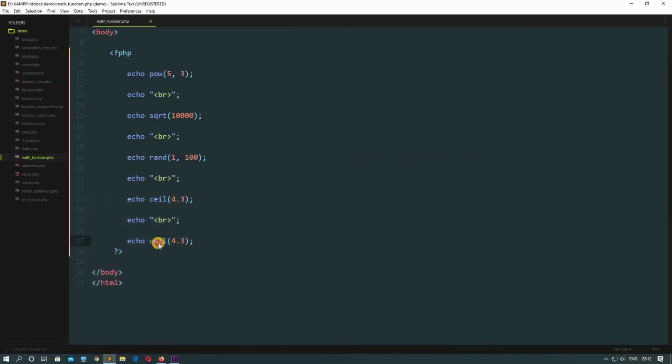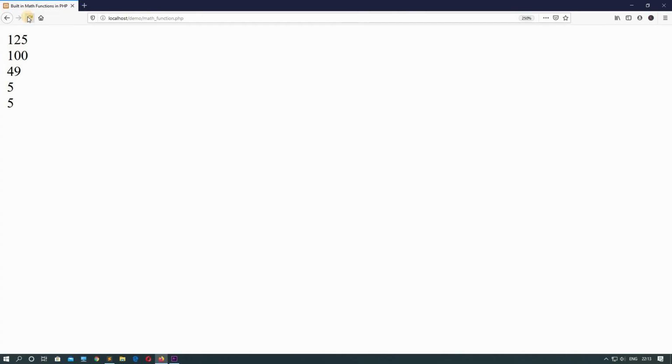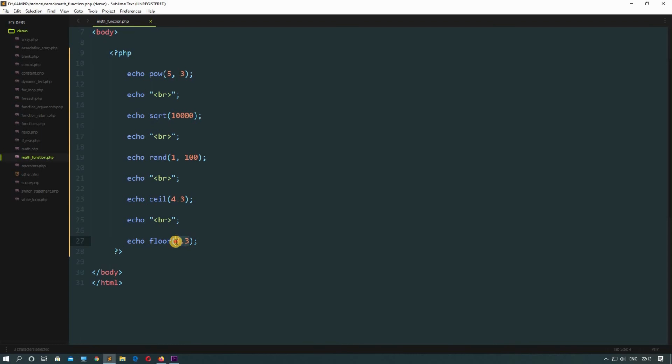We haven't even changed the function name, so this function name is called floor. Down, the previous integer. This is returning us the next integer of 4.3, and this will return us the previous integer of this decimal 4.3. So just save this, go to the browser, hit refresh. See, we got 4. Correct? So it is just rounding it off to the lowest number, and this is rounding it off to the next highest number. The ceil function, and this is the floor function.